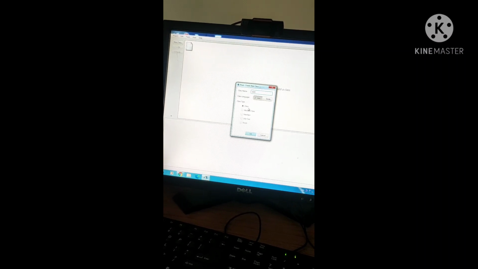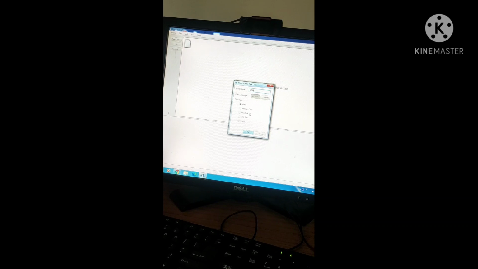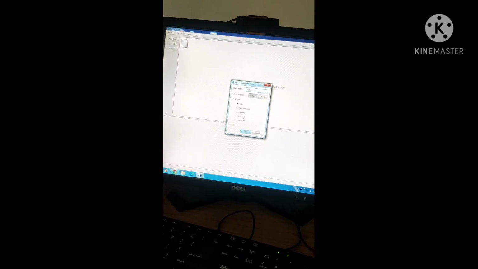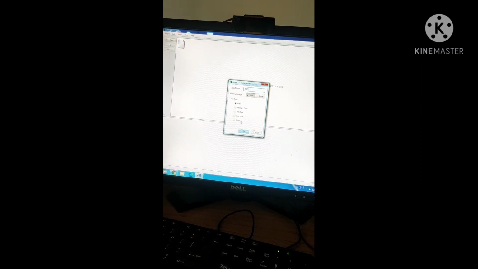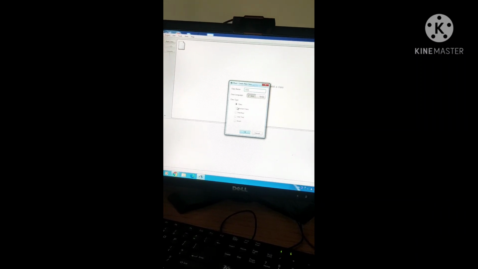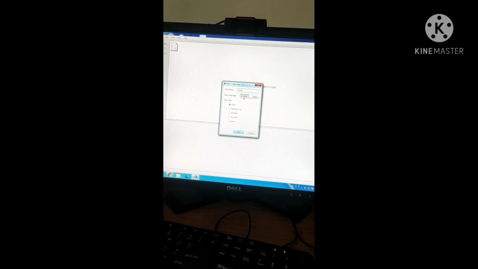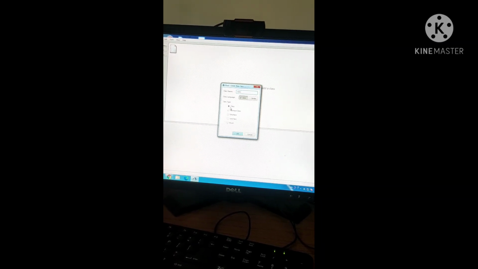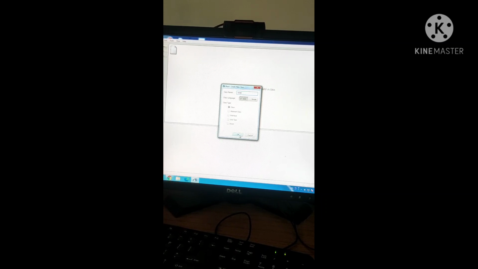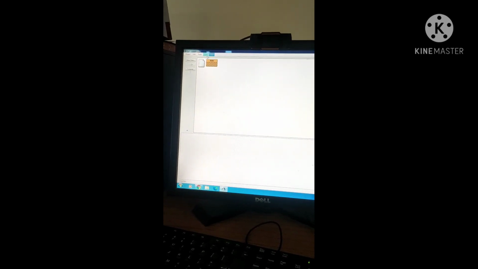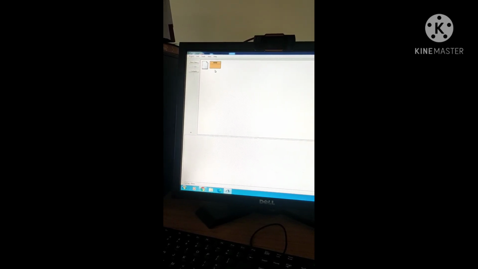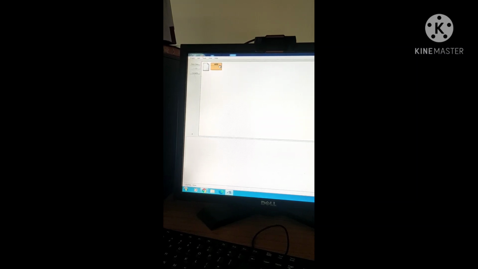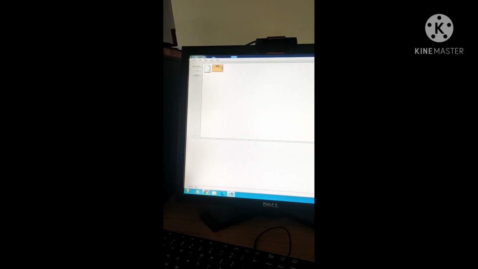The first one is a class. The second one is an abstract class. The third one is an interface. The fourth one is a unit test, so the program can be tested using a unit test, and the last one is the enum. Initially we are going to create a class. In Java we choose the class option, then click on the OK button. When I click on the OK button, a rectangle is automatically generated with the class name. I specified the class name, and that name is displayed at the top.